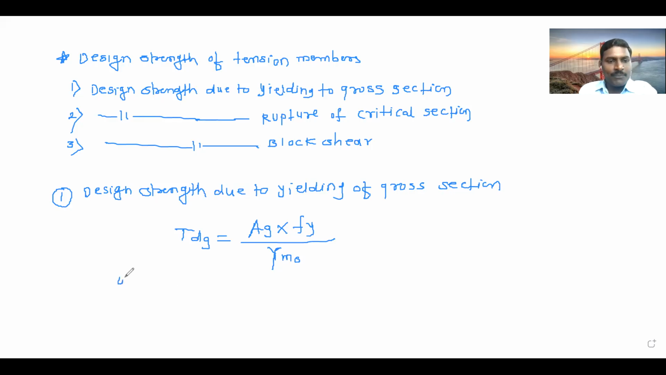Where Ag is the gross area of the section. It means whatever size or shape of section we have used. If we use the bar,